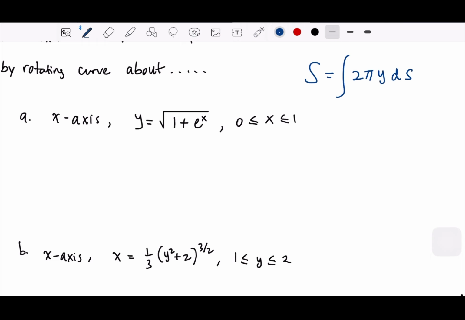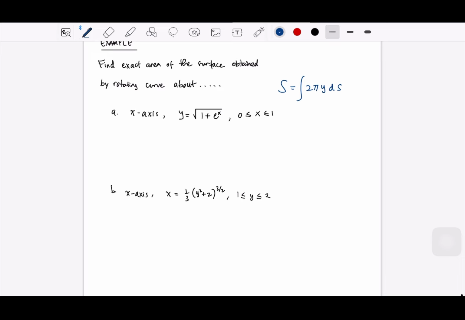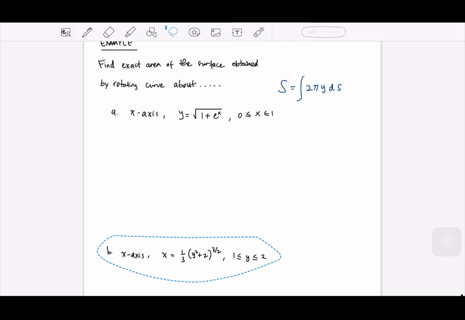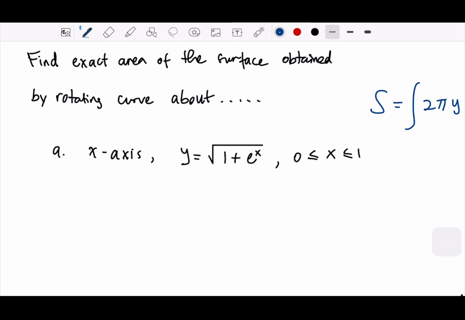Now let's start with the first one. We can find the derivative first, to make it into our ds. So we have y equal square root of 1 plus e to the power of x. We would like to have the first derivative, y prime or dy dx, which is, if I write, e to the x,